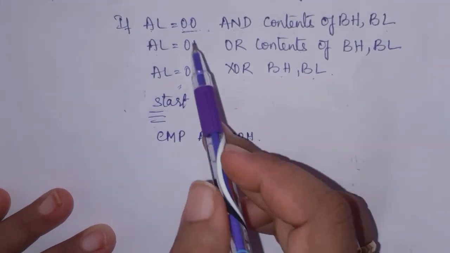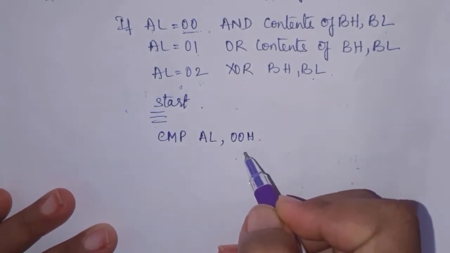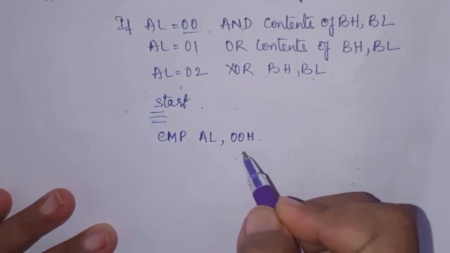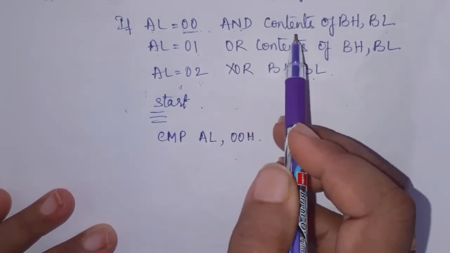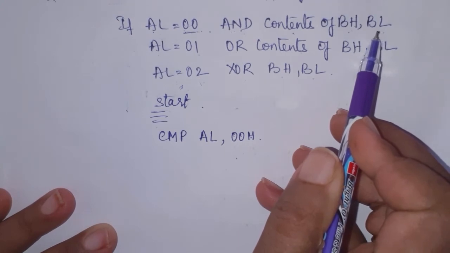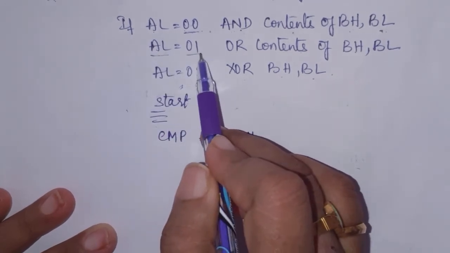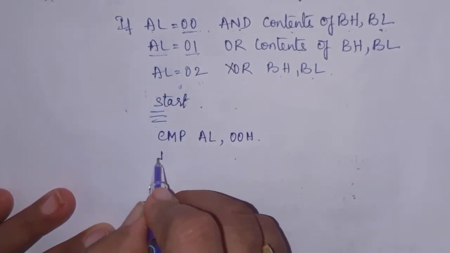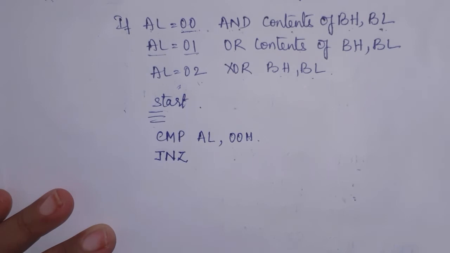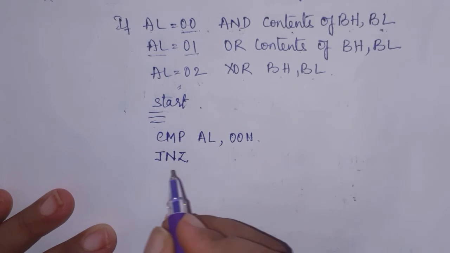If it is equal to 0, then the zero flag will be set. So it will jump on zero flag set. If it is equal, then AND the contents of BH and BL. If it is not equal, then go to check whether AL is equal to 1 or not. So it's better we use jump on no zero. We can use jump on equal and not equal also. Jump on no zero to,